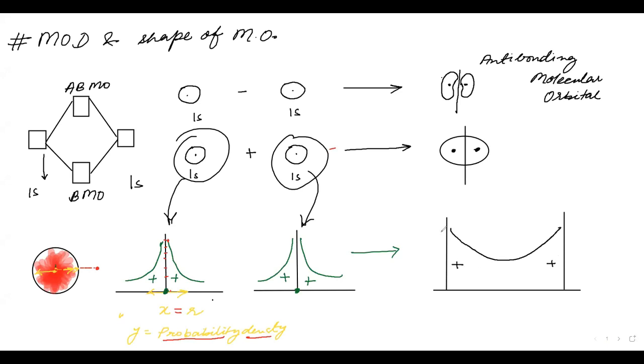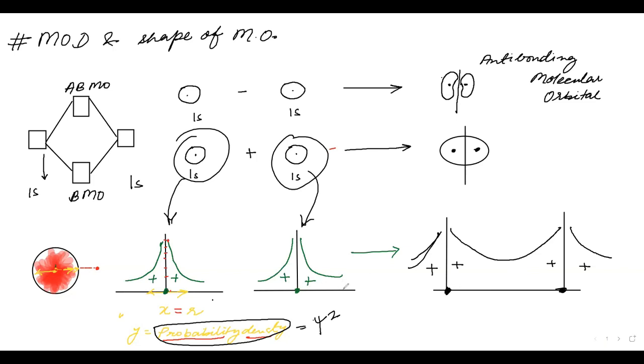Positive, positive, and these two have not matched. So these two will be the same. This will be positive, and this will be positive. So as you can see, even though the probability density is psi squared, this y is psi. When we square psi, we get the probability density, and this is a plot for psi. If we square it, this will become more. But even from this graph, we can tell that the electron density between the nucleus has increased. Correct?